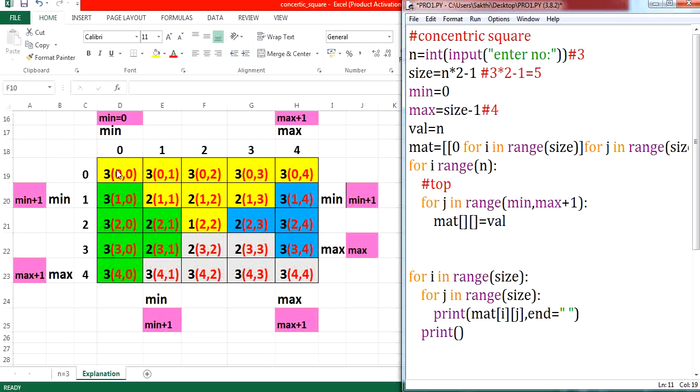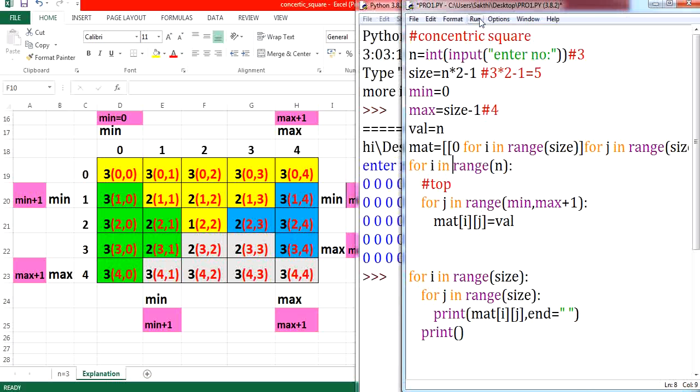Just find your row value: 0, 0, 0, 0, 0. It is constant for this first row. So it is printing in a pattern where your first row is i, and you can notice that your j value increases: column 0, 1, 2, 3, 4. You can notice that your j increases for each and every iteration from minimum to maximum. So I have mentioned i, j. Clear? Now let me execute this. We'll go step by step. Now let us execute this.